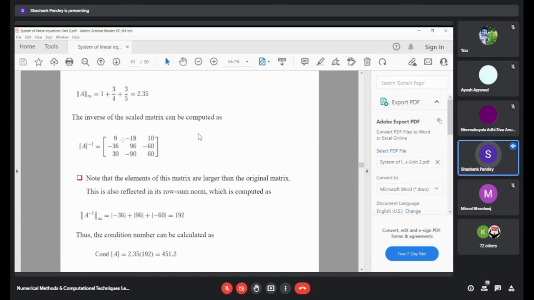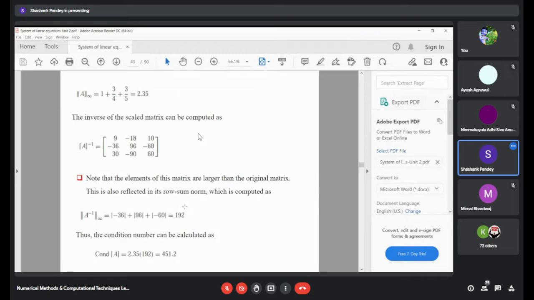Similarly, we will calculate the row sum norm of this matrix, that is the A inverse matrix, by taking only absolute values, and adding up all the entries of R1, R2, and R3. R2 will give us the highest magnitude, which is